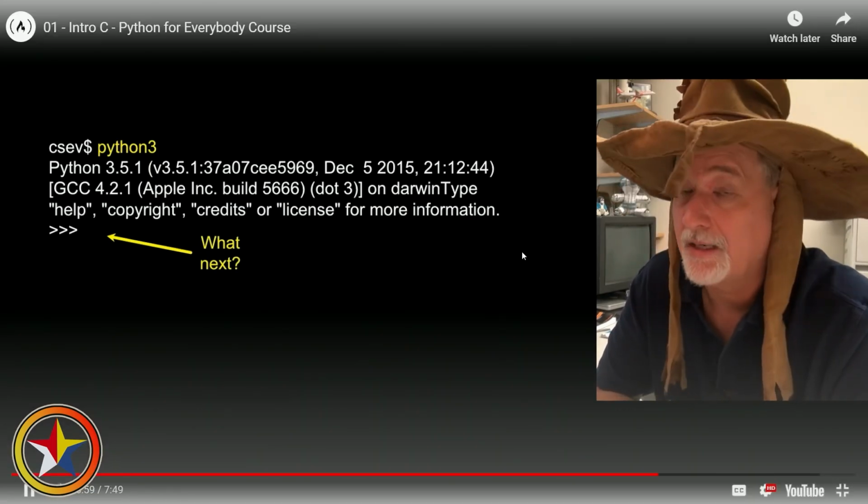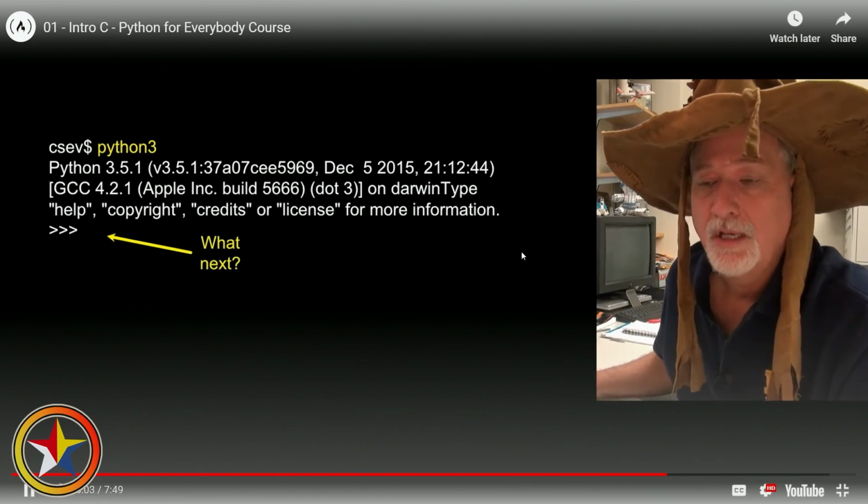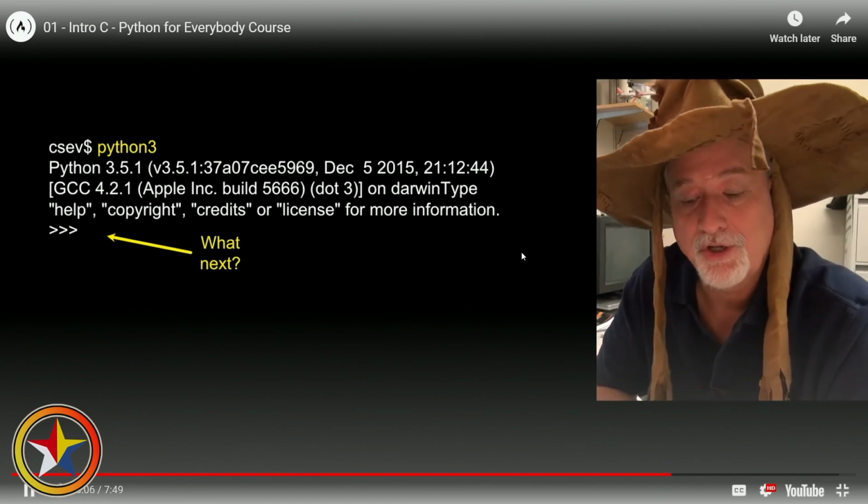And I got some examples of how to get this all started, get Python installed, and away you go. Now you'll notice when you run the Python interpreter,